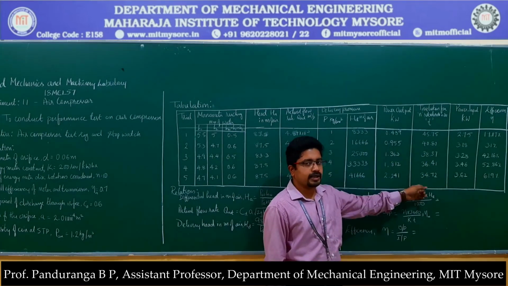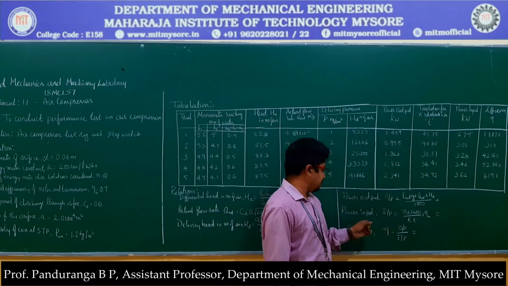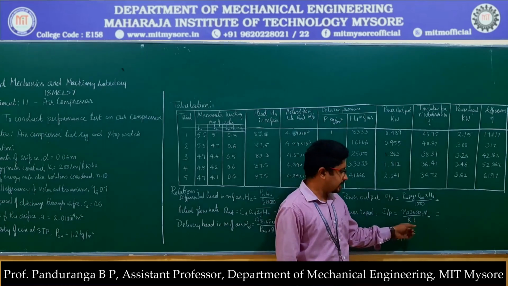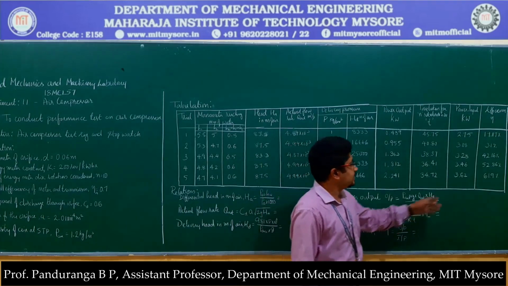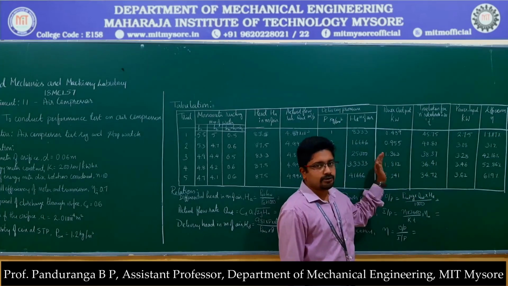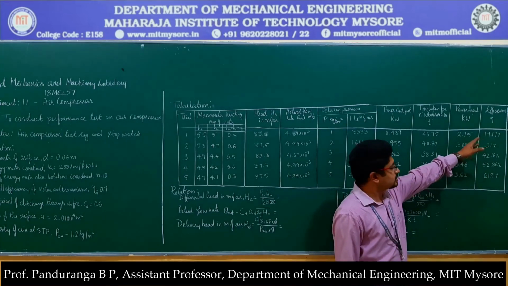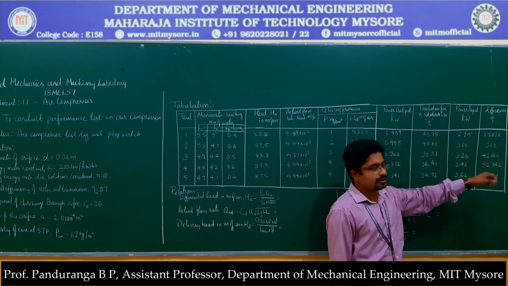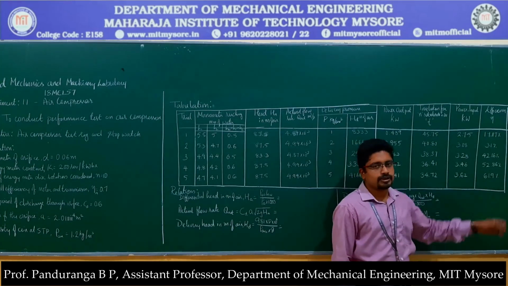And this is the time taken for 10 revolutions of the energy meter disk for the corresponding trials. With the help of the energy meter equation, that is N into 3600 divided by KT, multiplying by the efficiency of motor and transmission, we get the input powers. The input powers are tabulated here, and when we divide the output power by input power, we get the efficiency, which is tabulated here. For the first trial, efficiency was 17.17%, second trial it was 31%, third trial it was 42%, and fourth trial it was 52.8%. For the fifth trial it was 61.9%.